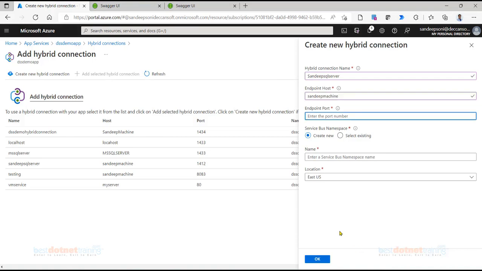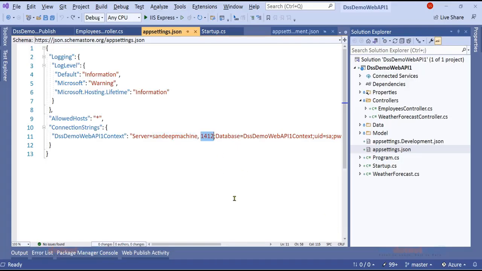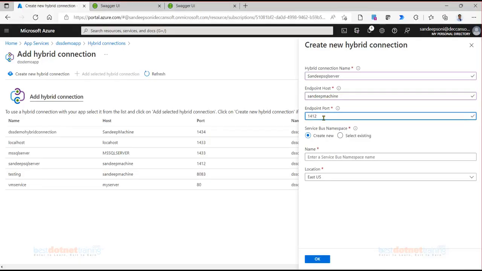And the service is accessible on which port? I have mapped port 1412. So basically from my machine, the service is accessible using this host name and port. The same host name and port we are supposed to give here. Internally, it is going to create a service bus namespace.